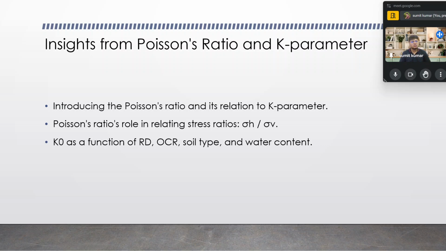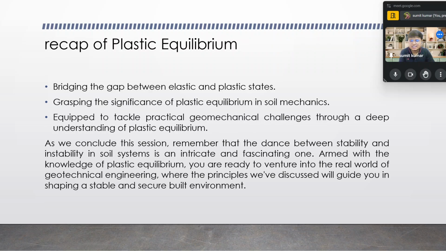it depends on the over consolidation ratio. Some important aspects get multiplied for the over consolidation ratio as well, and the soil type is very important because it is on the basis of soil type that we find the value of phi from which we consider the coefficients of earth pressure. And when we conclude this section on plastic equilibrium, we say that